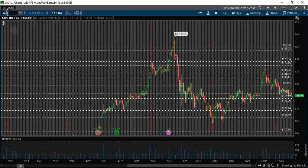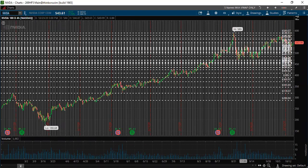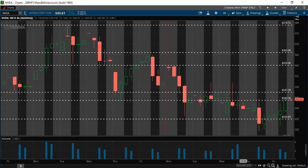Moving along, NVDA, ticker symbol. So this is on the 4-hour time frame. Again, we have 544 as a confirmation, 548 as resistance. So if I was looking at this heading into Monday, if we're at already 544, I would say, okay, well,